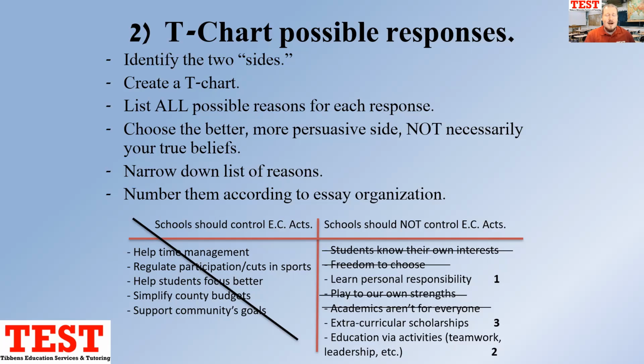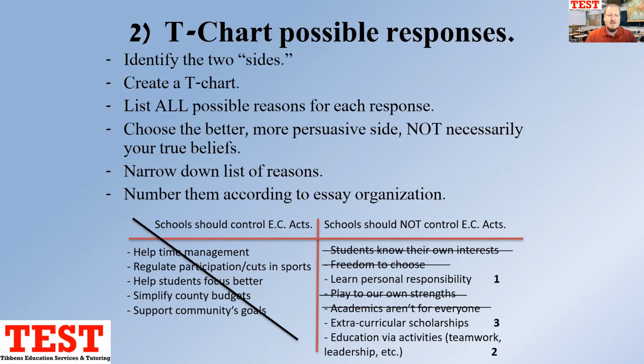What that means is I'm going to say, what are any possible topics, ideas, reasons, examples that might be helpful to prove that answer and then to prove this answer. Okay, list them all. There is no such thing as a bad idea in this stage unless it's off topic. Don't write down things that are off topic that wouldn't relate to extracurriculars or student and parent choice or things like that. But list everything else you can think of and put it on the side that it would better